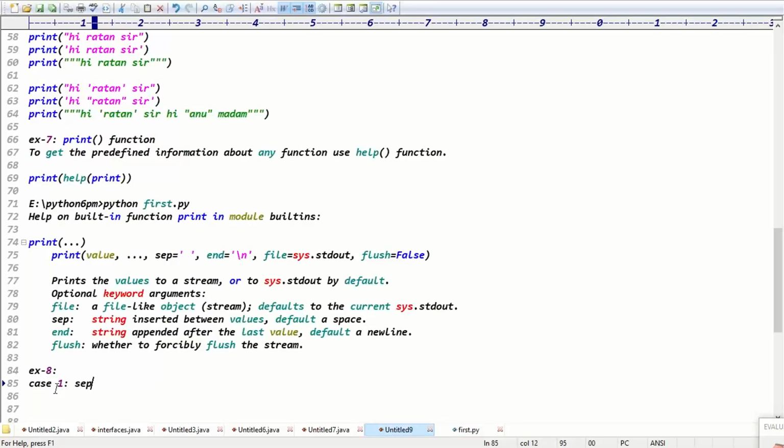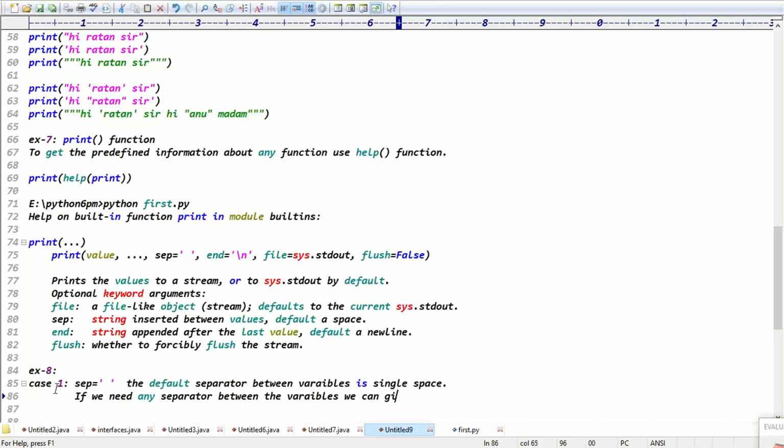Case 1, the sep argument. The default separator between the variables is a single space.